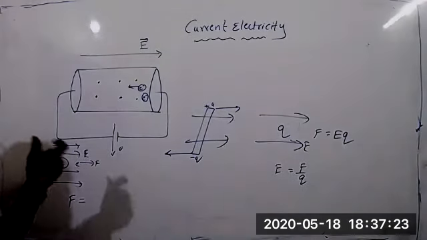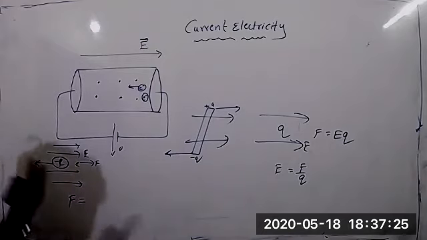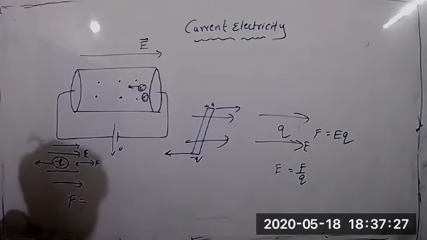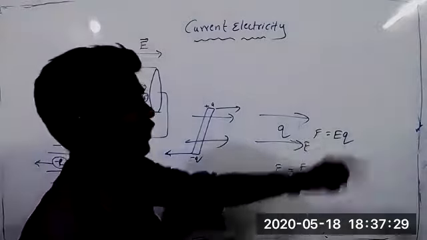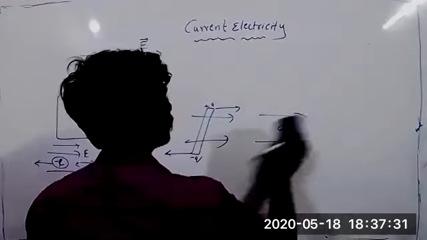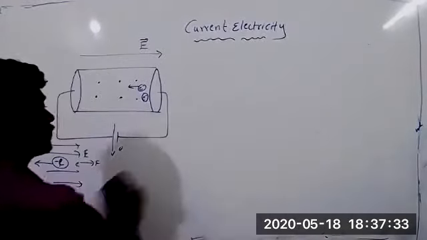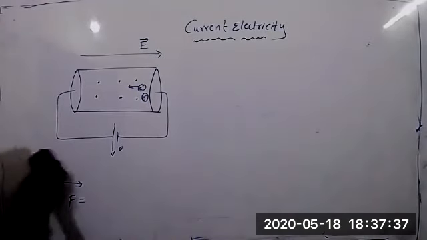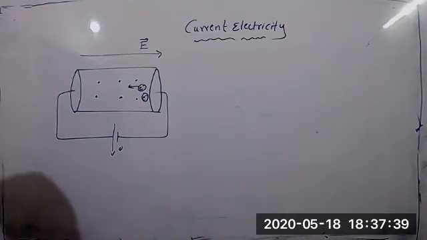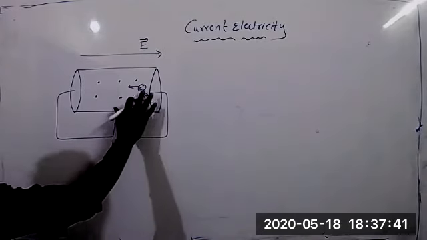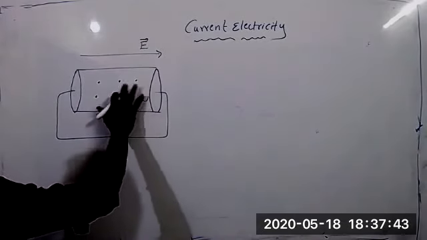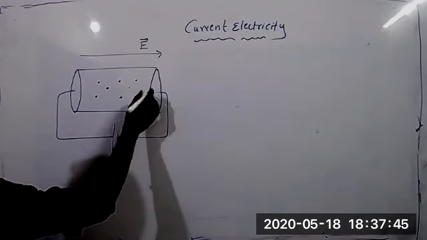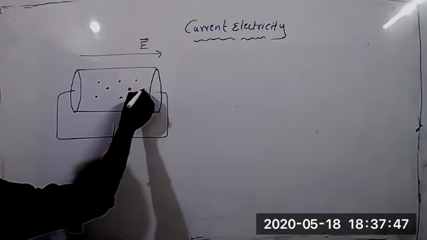Okay. When I place a charge in an electric field, given the field and the charge, we calculate the force: F = EQ. Remember, that much force acts when you place a charge in the electric field. If you place an electron, the force acts in the opposite direction but with the same magnitude. Now what will happen to this electron? The electron will travel, moving from one place to another.